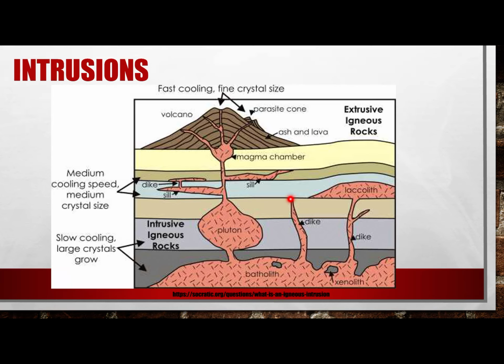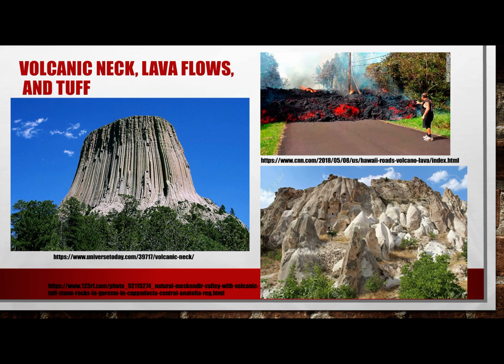For a volcano, we're all familiar with the general structure here. Magma rises, it's going to erupt out of the volcano if it erupts. If it doesn't erupt, it'll form a structure that is called a volcanic neck. Here, magma rose up in the volcano and did not erupt. It stopped, it cooled. End result was it hardened into this mass of cooled magma, this volcanic igneous rock, and it stopped. The rest of the volcano got weathered away and it was left behind. This is called a volcanic neck.